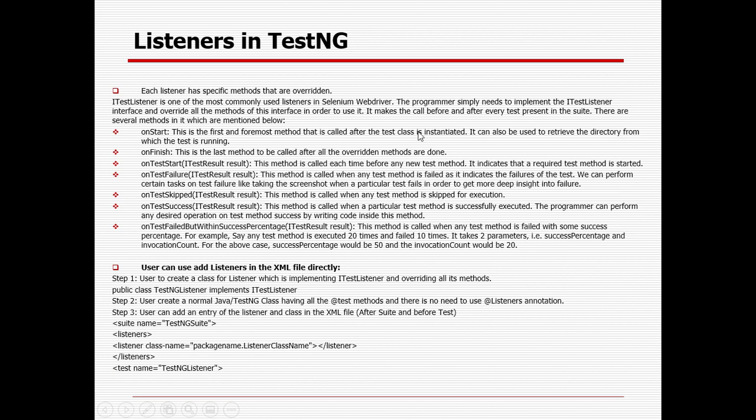Each listener has specific methods that are overridden. ITestListener is also commonly used in Selenium WebDriver, where we can simply use it and override all the important methods. There are a lot of methods available. I already covered in one of the sessions: on start, on finish, on test start, on test failure, on skip, on test success.